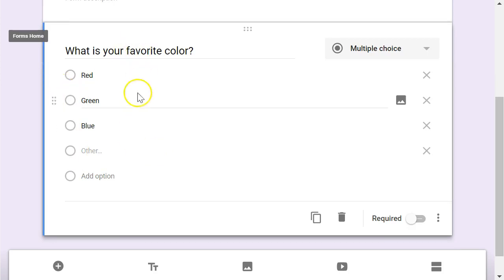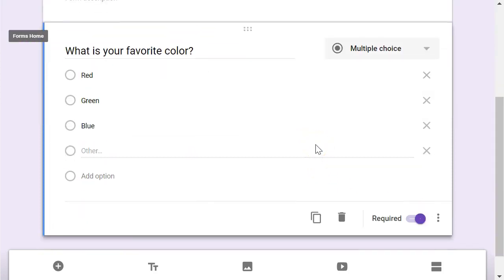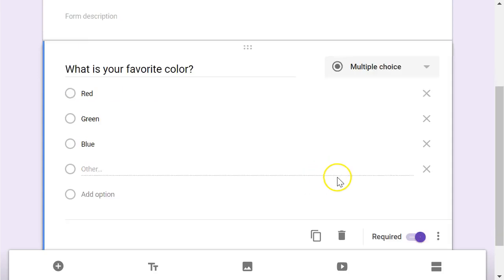So the process of creating questions is very simple. Type the question, and then you determine how your answer should be formatted, and go from there. This setting right here, you may want to force the user to answer this question before they submit. So if you turn this on, they cannot submit their response without answering that question. But I just feel like Google Forms are a great way to get information about maybe your students on the first day or your parents at back to school night. And from here,